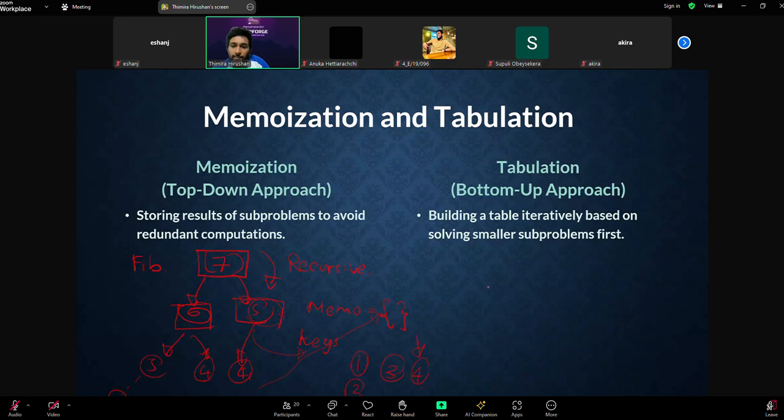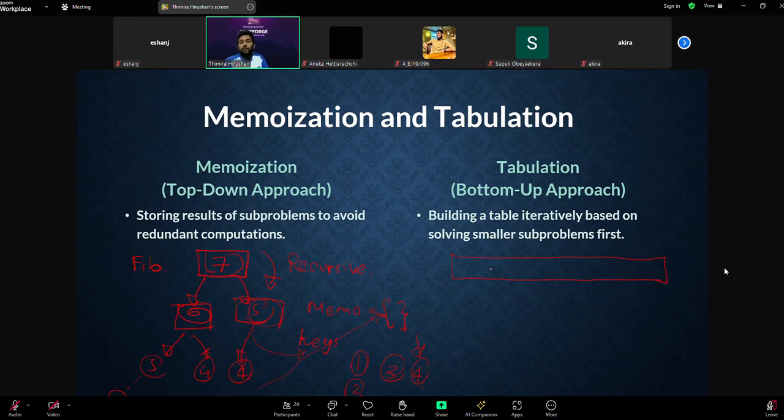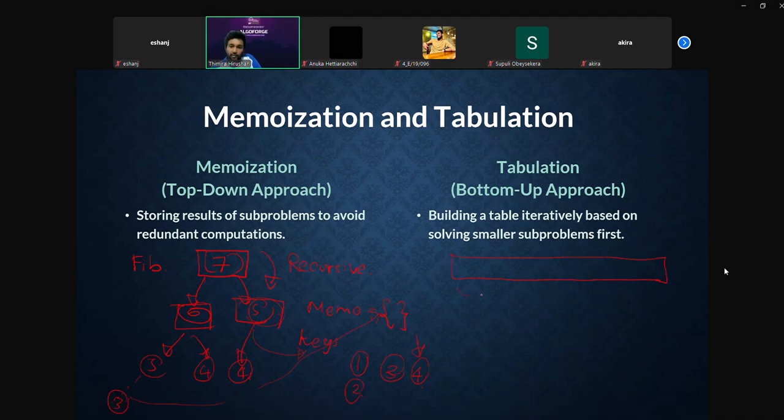The tabulation approach is a bit different. I will explain it here. What we can do is make a table. For the Fibonacci sequence, if we want the nth number, we can use a 1 by n table, right? 1 row and n columns. So here we can do it like this. This may look so simple for this example, but for some problems,